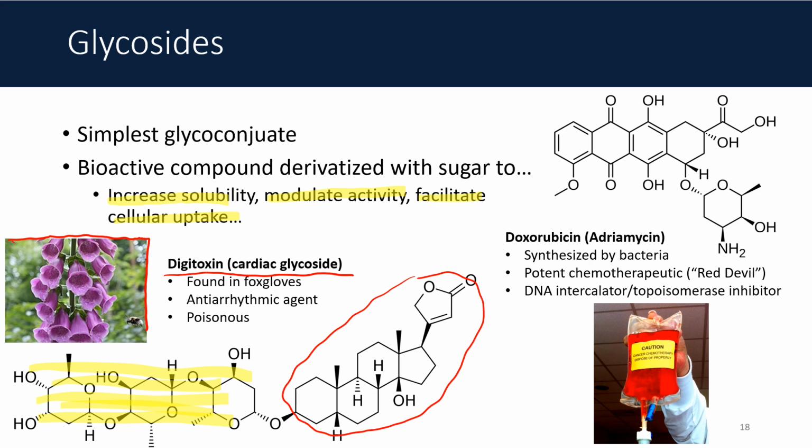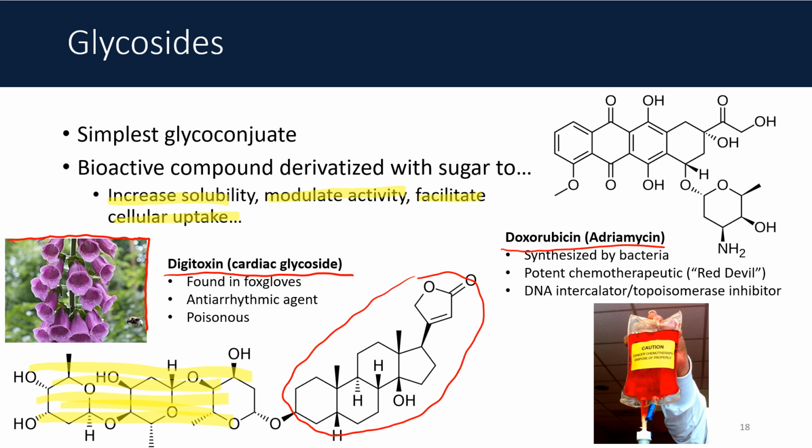Doxorubicin, also known as adriamycin, is another example of a medically relevant glycoside. This compound was invented by bacteria. Bacteria are constantly trying to kill each other, and this is a really potent DNA intercalator and topoisomerase inhibitor. It prevents competing bacteria from undergoing cell division. And medical professionals realized that we can co-opt this technology and use it as chemotherapy and prevent cancer cells from